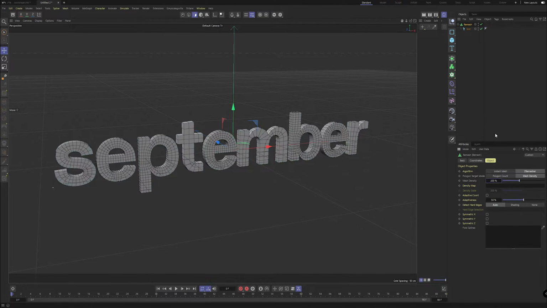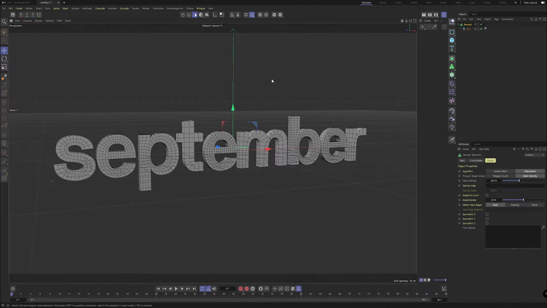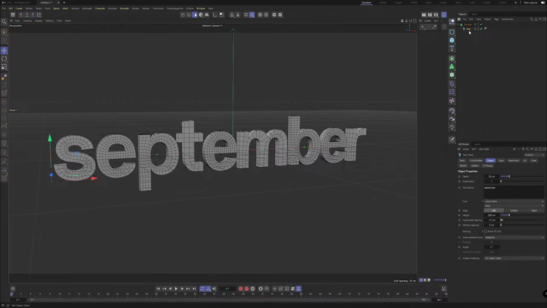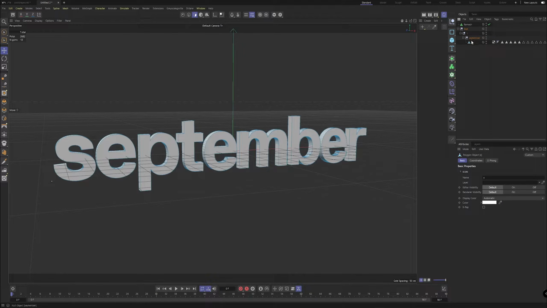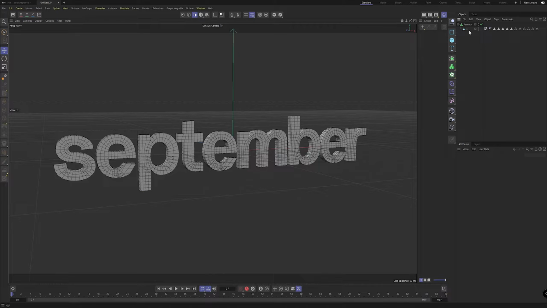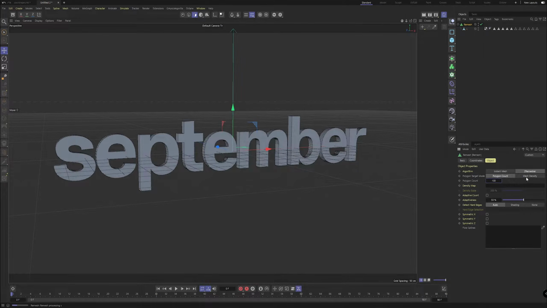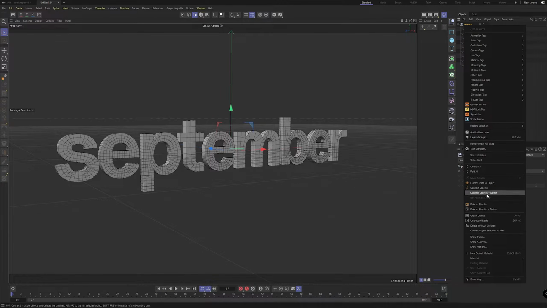So we have the mesh density control here, and we can turn that up or down. Obviously, the higher we make it, the more subdivisions we're going to have, and the lower you make it, the other way around. It's a little off in some areas, but most of the time it does a pretty good job at making our geometry a little more usable. Obviously, you can't just use it with text, you can use it with all sorts of stuff, but it is pretty good. And even just like that, we can grab that, hit C to bake it off,